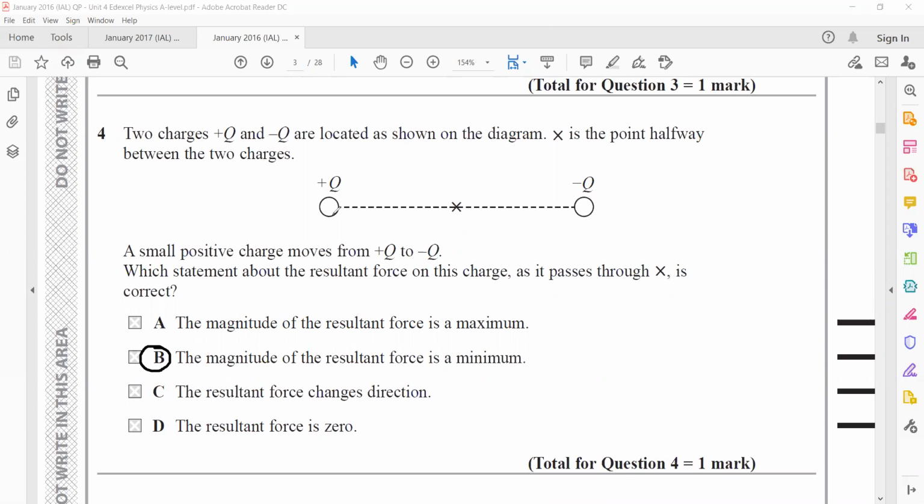When a positive charge passes through the center, the magnitude of the resultant force, not just about force, it's about the resultant force, will be minimum. What you can do to understand this question is solve it. You can simply take